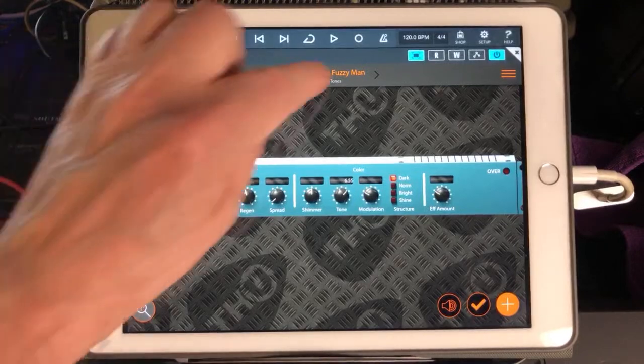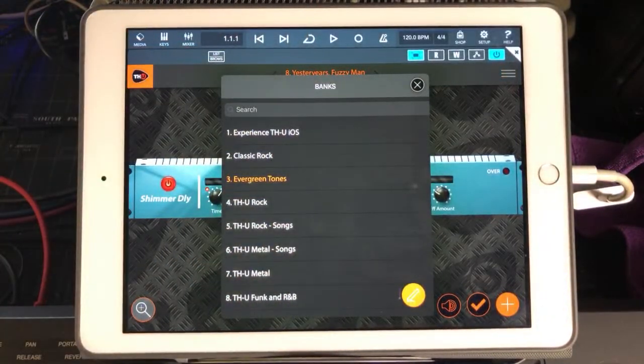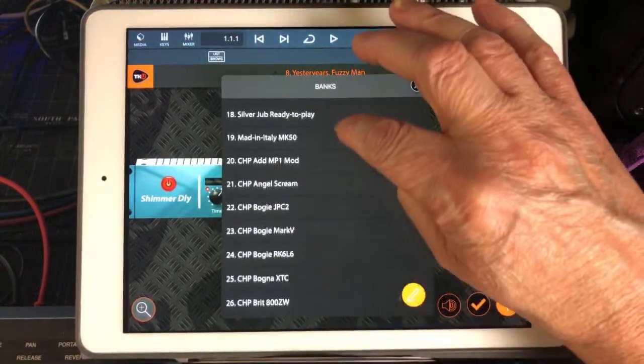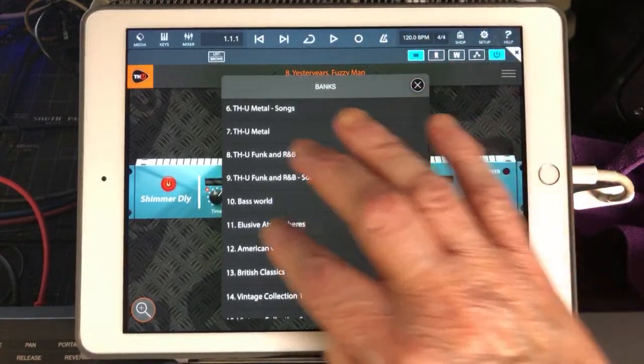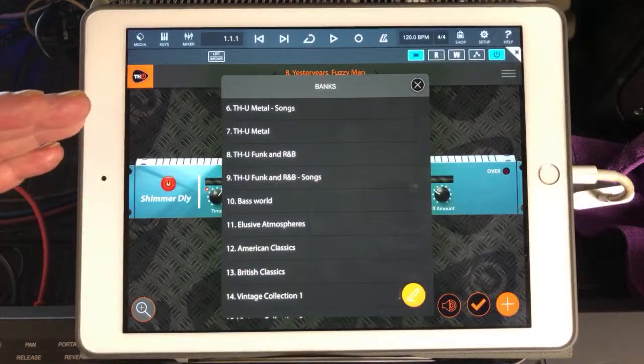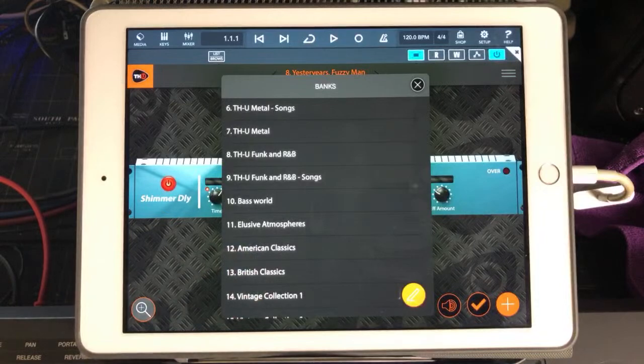Let me explain again. These are the banks. Up to this point here, where it says Elusive Atmospheres, these are banks that contain the Overloud stuff. After this, from American Classics, British Classics onwards, these are rigs, and you need to understand the difference between the Overloud stuff and the rigs. Well, it's still all TH-U Overloud, obviously. But